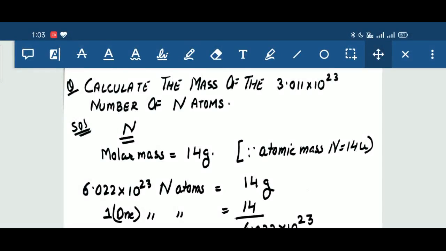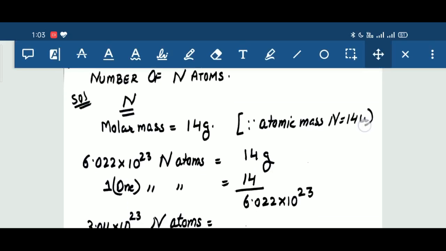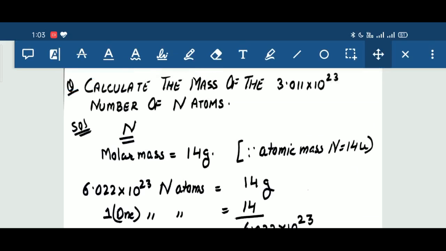Next question. Calculate the mass of 3.011 into 10 raised to 23 number of nitrogen atoms. Now in this case students, you are provided with the number of atoms and you have to find the mass, which means again the relation is between mass and particles. That means we will use the relation